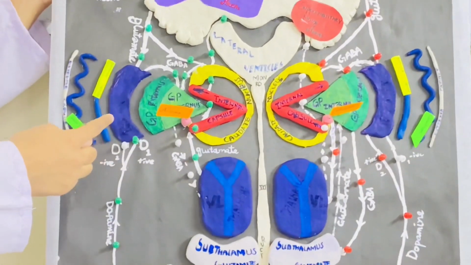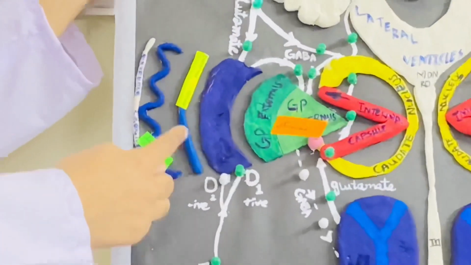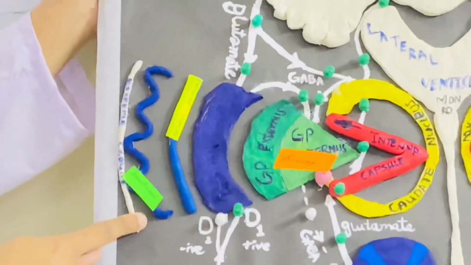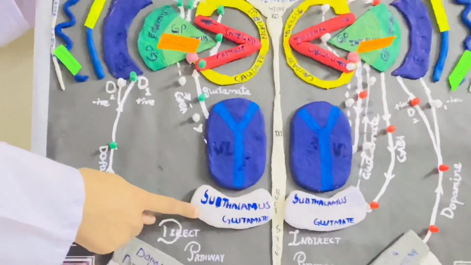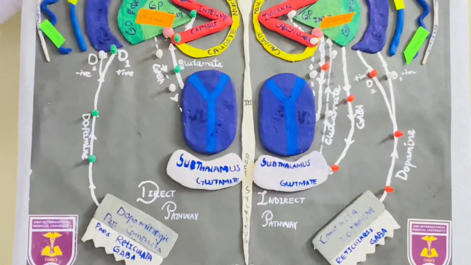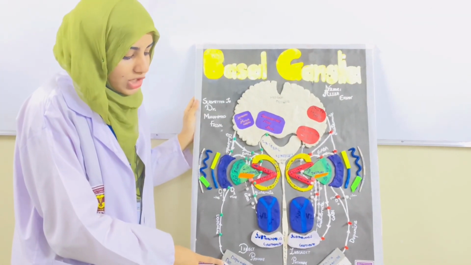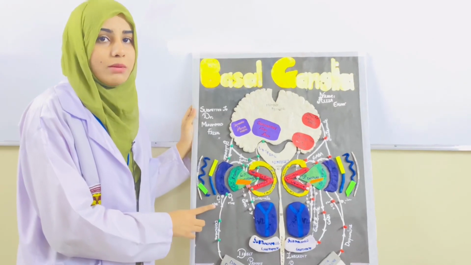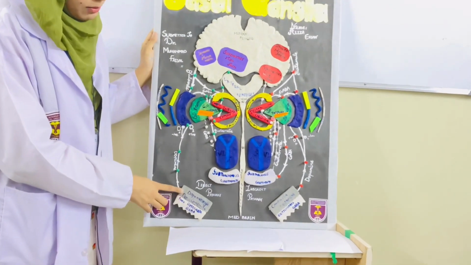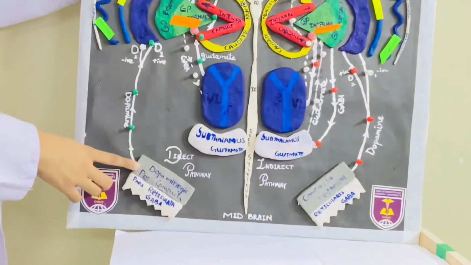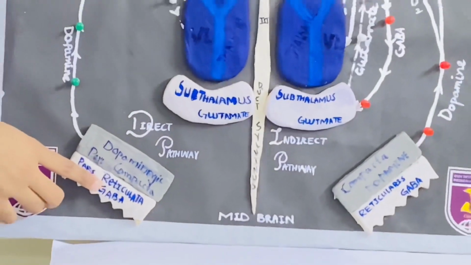Along with these nuclei, there are also some other structures which are present near the basal ganglia. These include the external capsule, claustrum and extreme capsule. While in the diencephalon, the subthalamic nucleus is part of the basal nuclei. In the mesencephalon, the largest nucleus, called the substantia nigra, also plays an important role in the basal nuclei. The substantia nigra consists of two parts. The darker part is called the pars compacta, while the lighter part is called the pars reticulata.